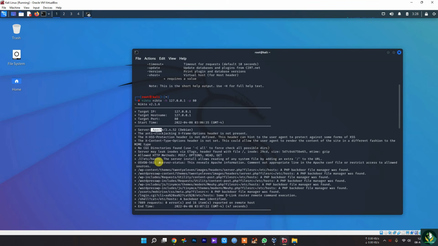So it already has, as you can see, XSS protection not defined, so it is already a vulnerable web server. Make sure you always check your own, because this must be defined, because otherwise this is not safe for users. Because I'm using a testing server, that's why I did not define this XSS. And this is a very huge vulnerability, because this will be looking to exploit all of this, and to upload